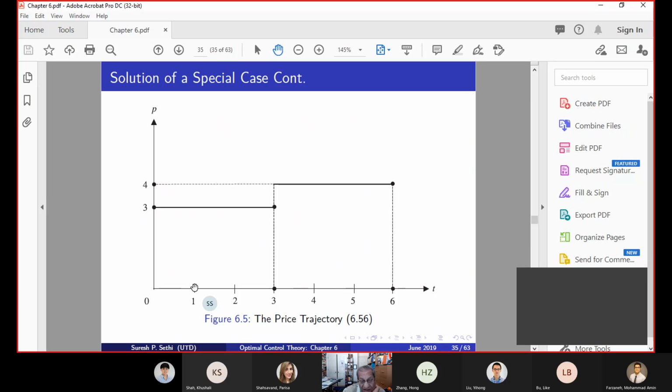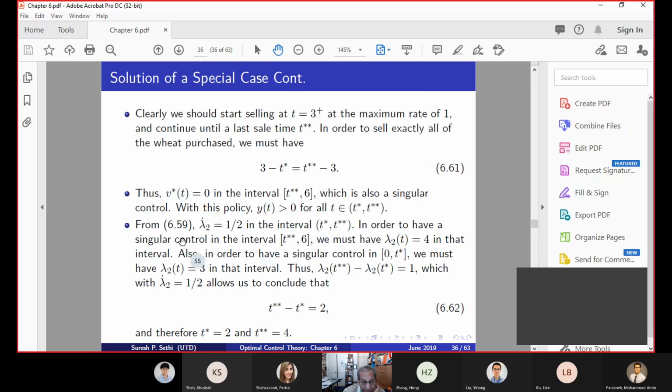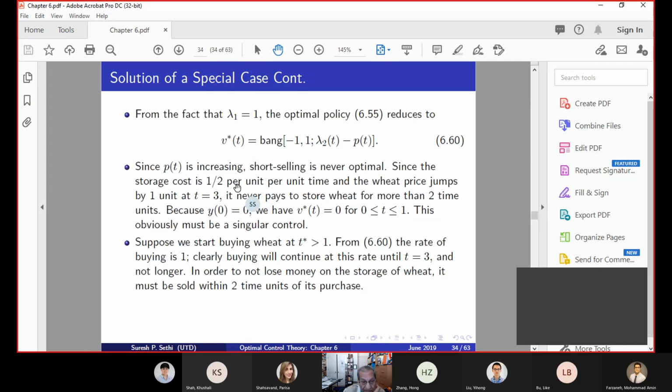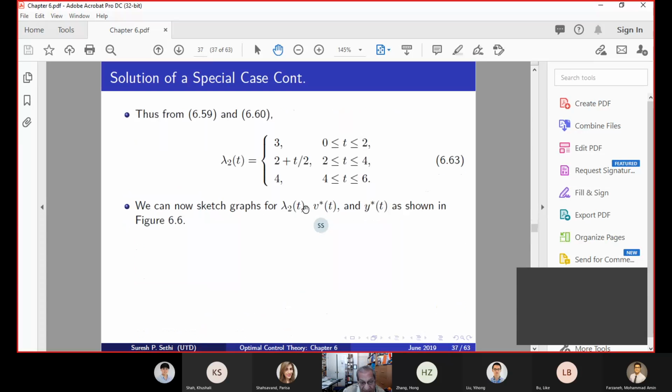And so we can start buying here at the maximum rate, and we can buy at the rate 1. So we see what's going on here. Since I'm buying at T star bigger than 1, the rate of buying is 1, and we can continue to buy until t equal to 3 and no longer. In order not to lose money on storing wheat, it must be sold within 2 units of time. So what we're trying to say is that if I buy wheat,